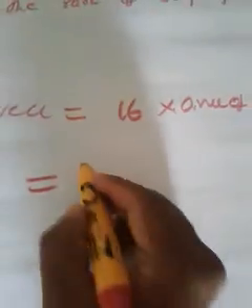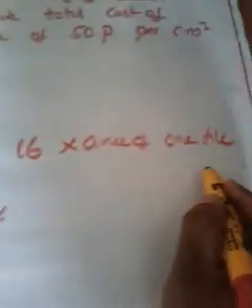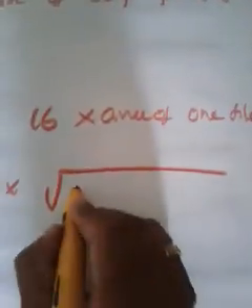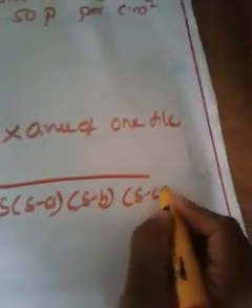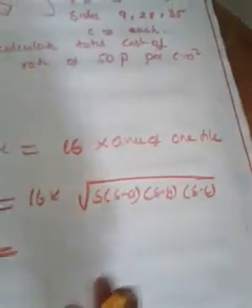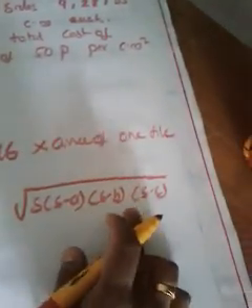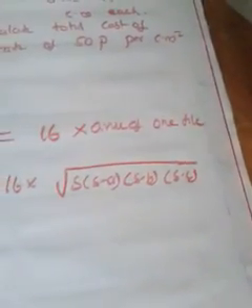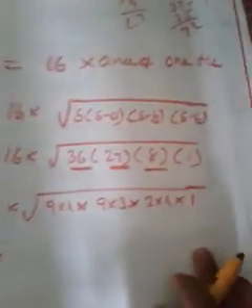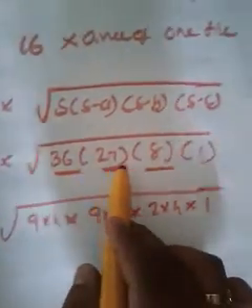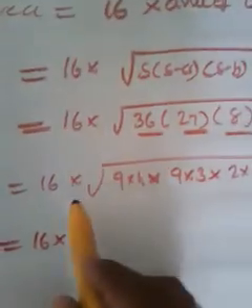In order to calculate the area of one tile, which formula can be used? Heron's formula. That means square root of S into S minus A into S minus B into S minus C. Apply everything in that formula. S is the semi-perimeter, and A, B, C are 9, 28, 35. You know how to calculate that. So after doing that, I reached here. I'm not going to explain that because you know it well.